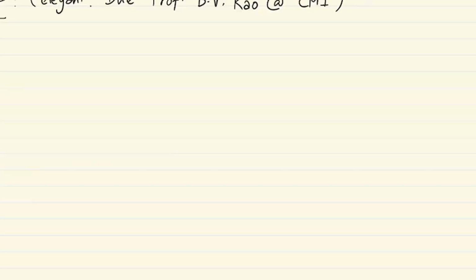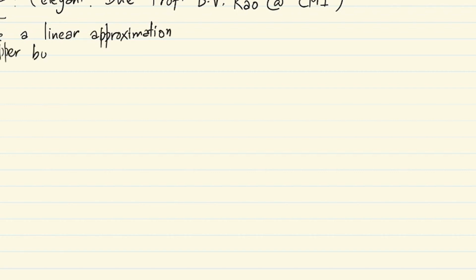So the basic idea of this proof is as follows: you want to basically make a linear approximation to the exponential function. Okay, in fact an upper bound, to the function e to the lambda x. Okay, so let me draw a diagram here. So let's say that